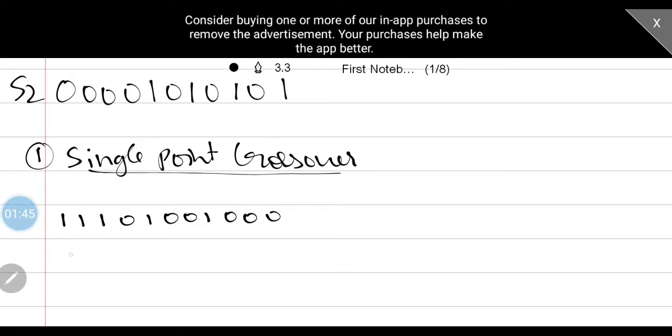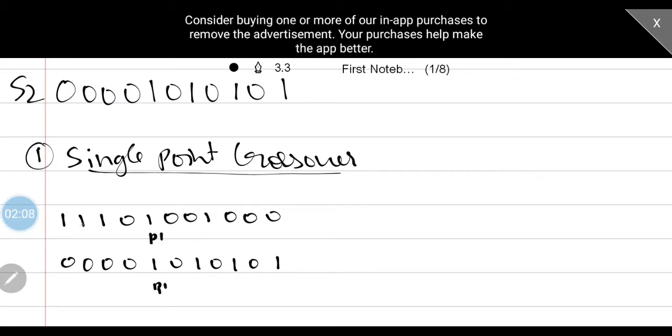Second string, four zeros, 10, 10, 101. You can select a single point anywhere. In the textbook they have taken it after 5 digits. So 1, 2, 3, 4, 5. Here is the point P1.